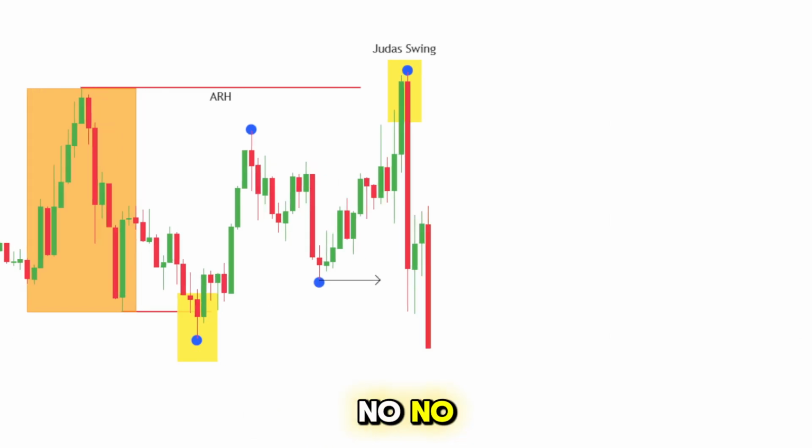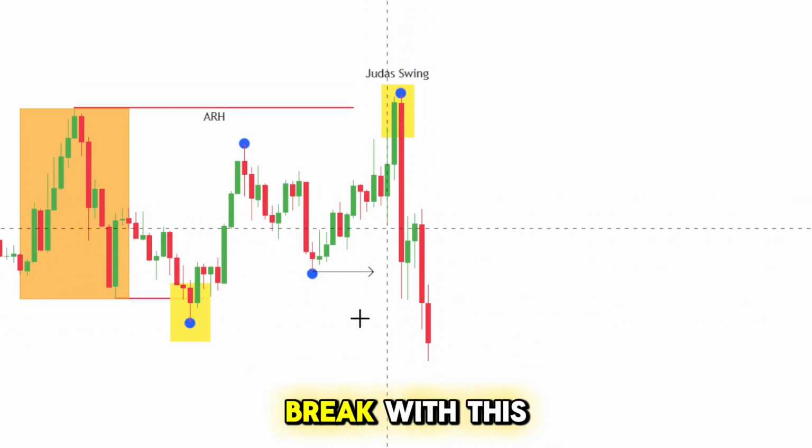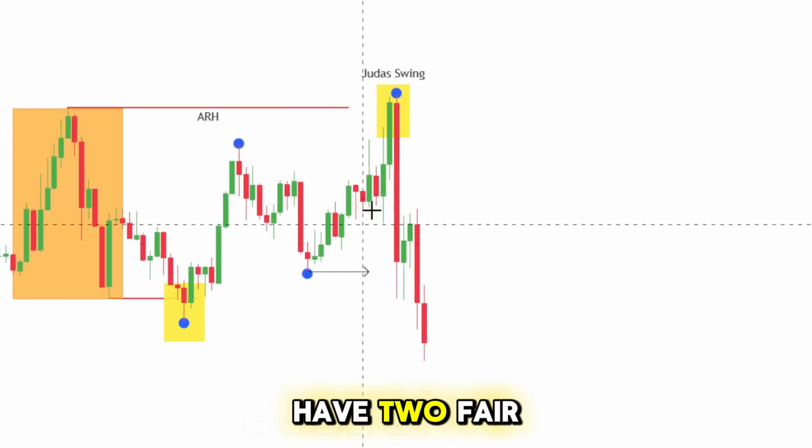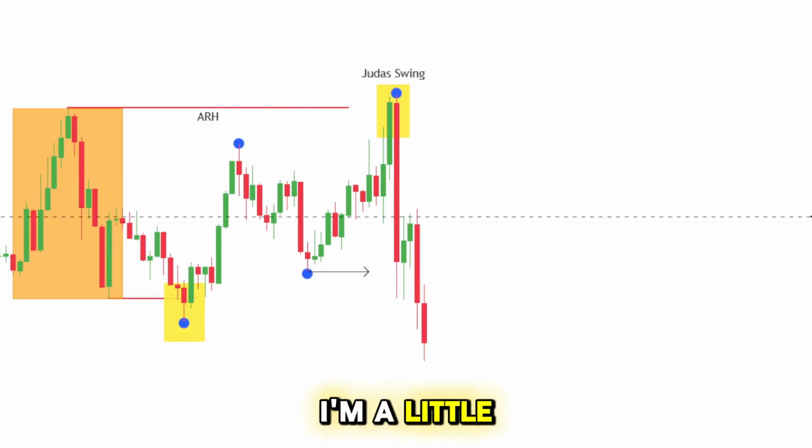No. Now we see a break with the body, right? So we've seen a clear structural break with this body. And now from here, we have two fair value gaps, one up here and one down here. Now, the way that I trade, I'm a little bit more conservative, so I prefer to have slightly wider stop